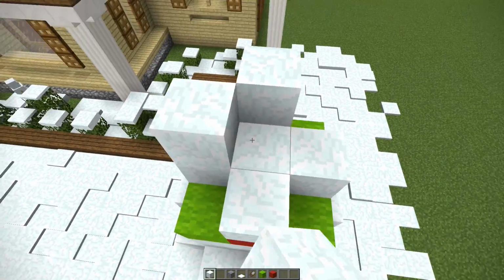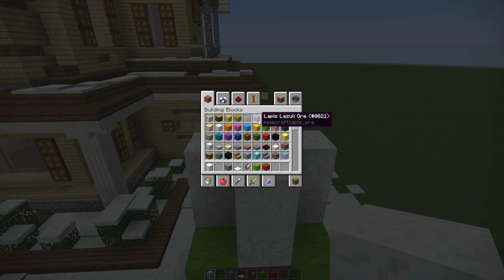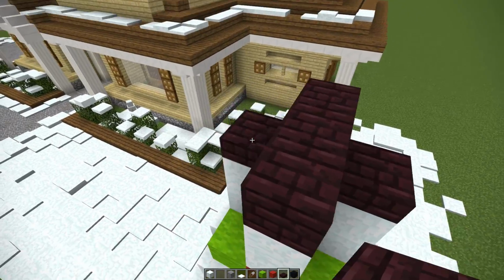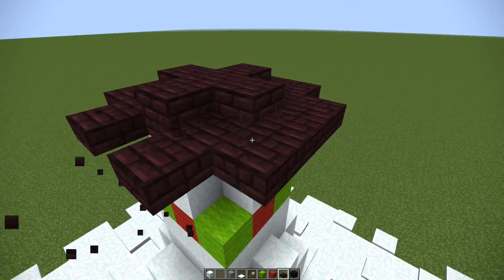So instead of making a 3x3, we're just making the little cross in the middle. And now we're going to make a little hat for him, which is actually fairly easy. We need some nether brick, we're actually going to need some black wool, and we've already got our red wool there. So we'll make a full block bit here, slabs all the way around to make a circle around his...